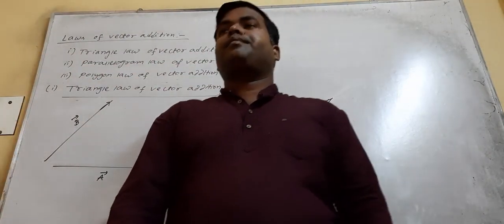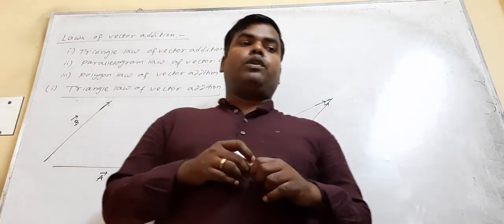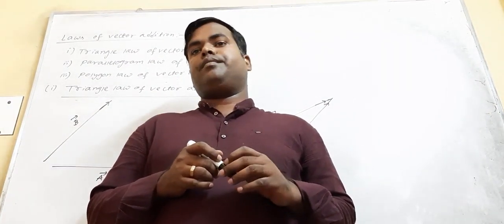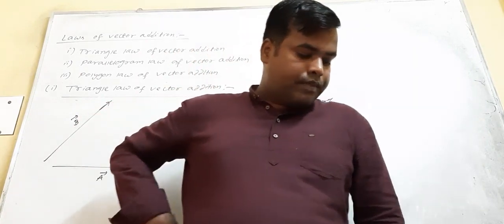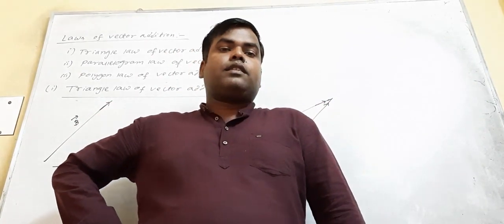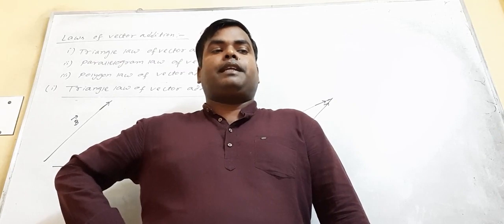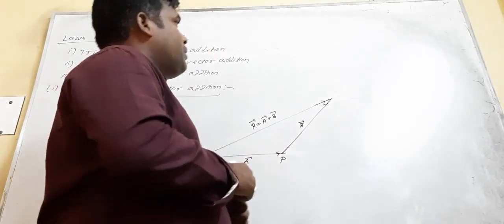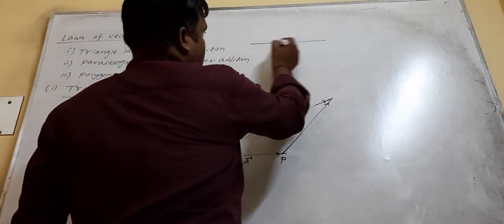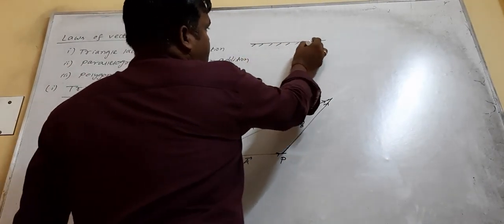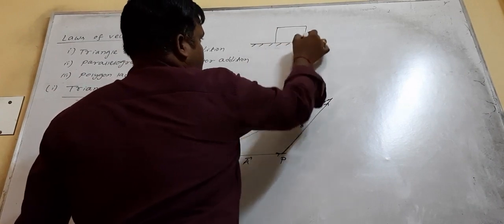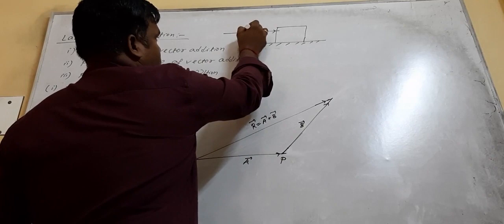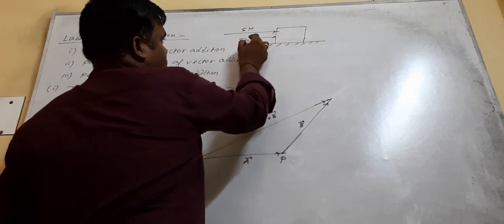Dear children, today we'll discuss the laws of vector addition. You remember, two vectors cannot be added algebraically. Here I can give one example. Suppose it is a surface. If you place a body on it, and apply a 5 Newton force and another 3 Newton force